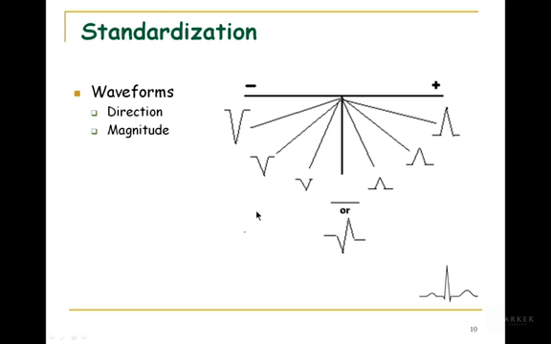Okay, that's easy enough. Now, why do we have these ones that are a little bit different in size? Well, size is going to be determined by relative direction to the lead axis. If that wave of depolarization is running towards the positive recording electrode, and it's running parallel to the lead, you're going to get the maximum upwards deflection, the maximum recorded amplitude. As it's running away from parallel, it's a little bit smaller. Keep going, it's a little bit smaller. If it's running perpendicular to that lead, you may get a baseline recording, where you're not recording anything. We call it